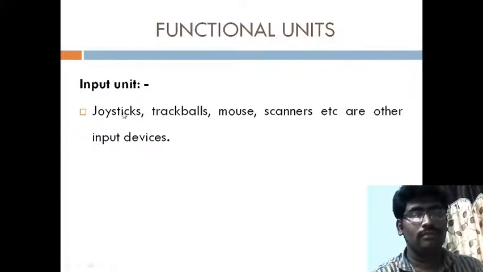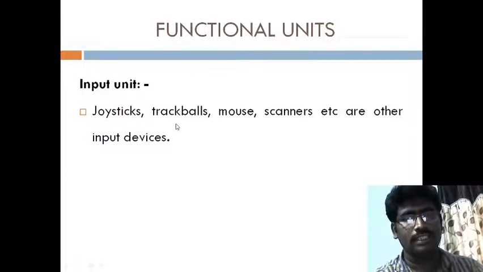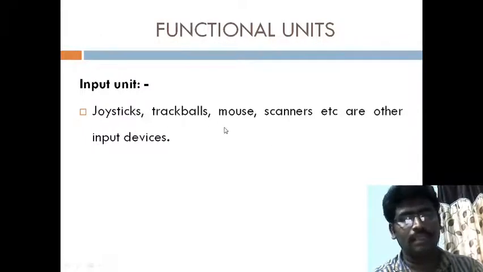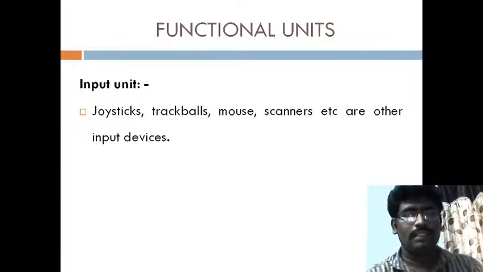After that we have joysticks, which we actually use in playing video games. Trackballs: in a mouse we can see the trackball. In a mouse, along with the cursor, we have a ball called the trackball, and the mouse we all know. So these are the input devices. Trackball is different, mouse is different, but the trackball looks like the ball present on the mouse. So these are some of the input devices we have. We all know that there are several input devices; we have given only some examples here.